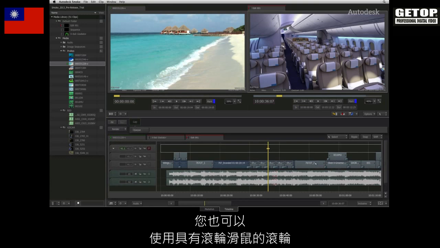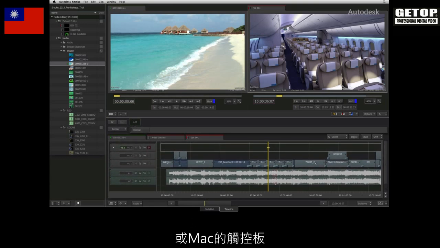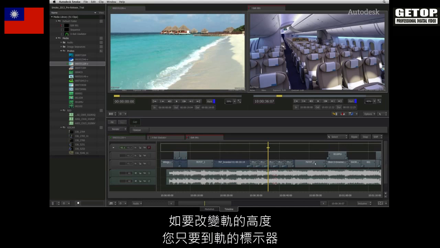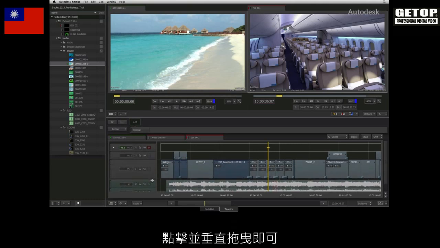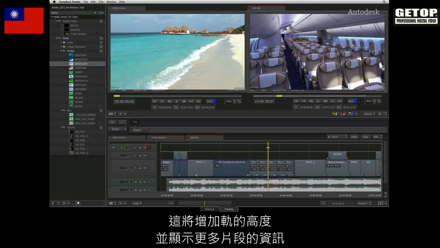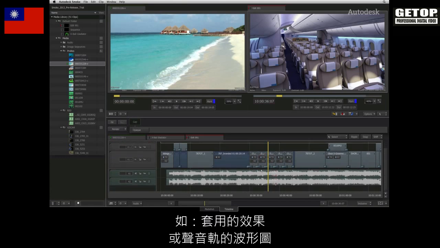You can also use the middle mouse wheel of the 3-button mouse or your Mac's trackpad. To modify the height of the tracks, you just go to the track indicators and click and drag them vertically. This will raise the track height, revealing more information about your clips, such as applied effects or waveforms in the